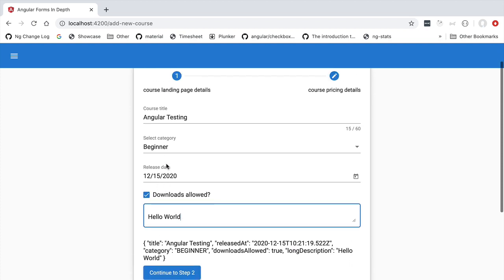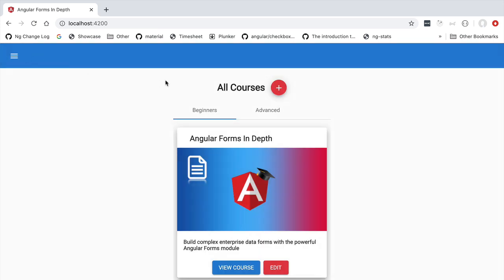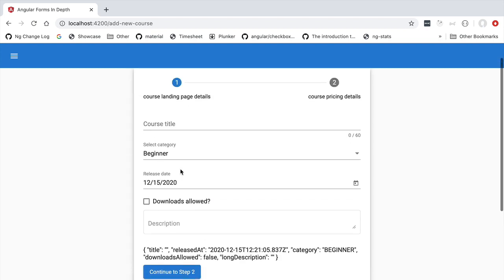Now let's imagine that we would navigate away from this form. For example, again to the courses homepage. If we now go back to the create form page, then all the values that we have typed in have been lost. The problem is that in many situations, the navigation that the user did away from this form might